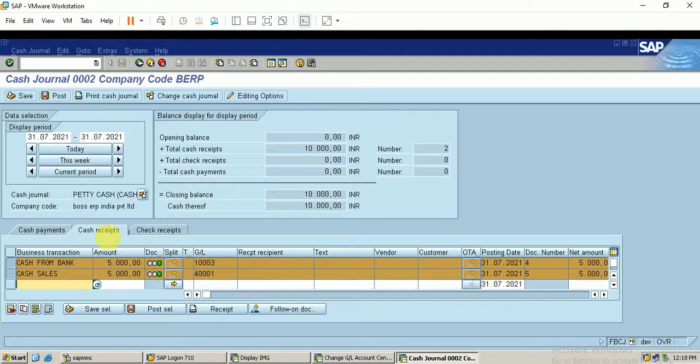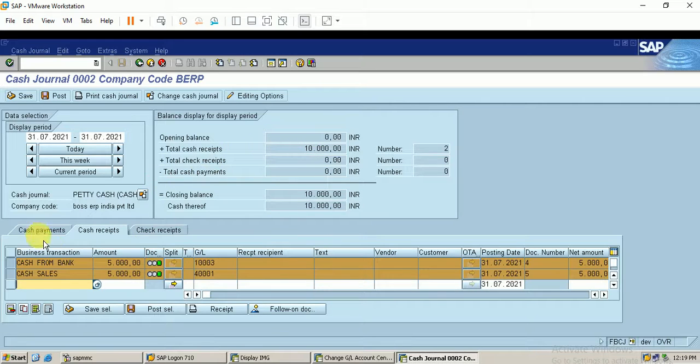Like that you can make cash receipts. Do it one or two times so that the documents will be posted. So I have 10,000 as my opening balance. These two have been posted and I have some opening balance. Total cash receipt is 10,000.